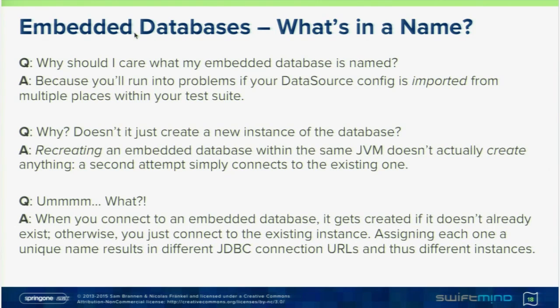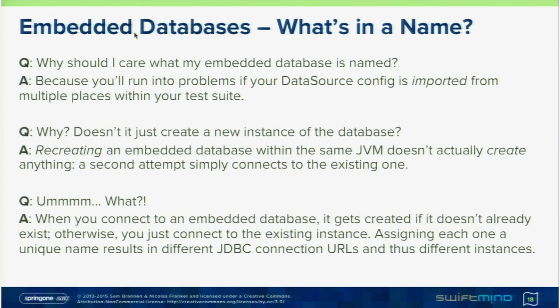Yeah, so basically what I'm saying here is all about the JDBC connection URL, and if you look at the documentation for these embedded databases, they're going to say this is how you create an embedded database, and if one doesn't already exist, it's going to be created for you then, and then you get back a data source to that. So the next test it runs reuses the same config, the same identical configuration, the same database name, so it's going to ask for the same embedded database in the same manner, but the driver is going to say, aha, this one already exists in the JVM, so it's just going to let you talk to that one. It's as if you had an Oracle database. Just because you define the JDBC URL connection string, it's not going to create a new Oracle database for you,